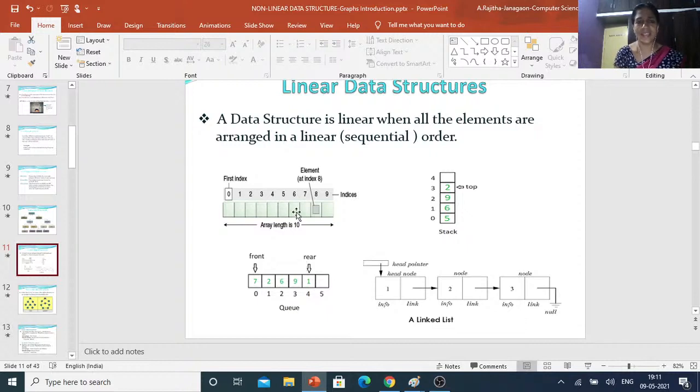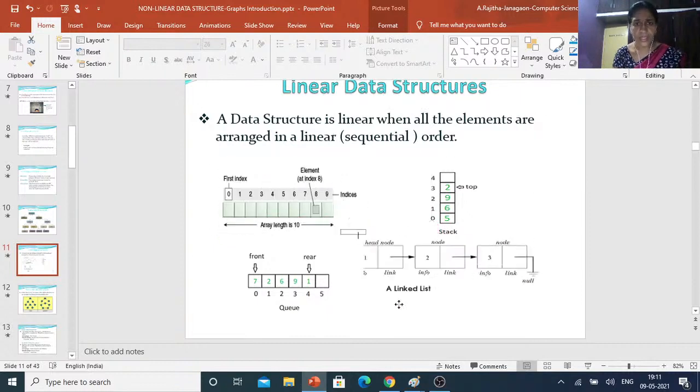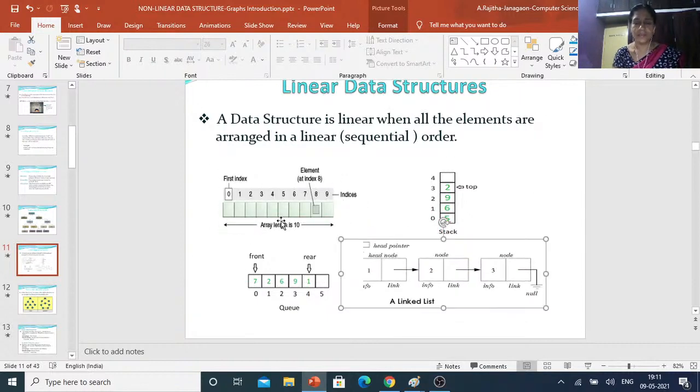Whereas in arrays, for the 10th element you can go directly to the 9th index, and it displays automatically. So retrieval is fast there, but insertions and deletions are very slow. Whereas in a linked list, insertion and deletions are very fast, but retrieval is very slow. The linked list is the example for a dynamic data structure, and the array is the example for a static data structure.